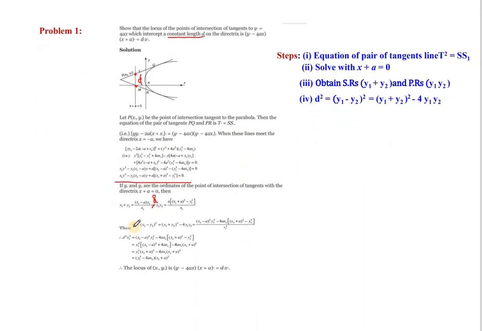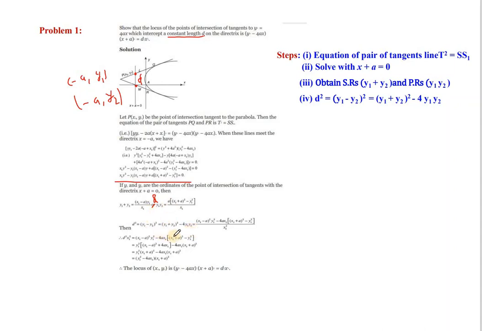We want to know only d square, which is y1 minus y2, the whole square. See, it's a point on the directrix, so the coordinates will be minus a comma y1, and the other one to be minus a comma y2. So your x coordinate will remain the same. So when you find the distance, naturally the difference between these two, the square of it, will only be our d square. So this is what we have. Already we have got y1 plus y2 and y1 y2. So rewrite y1 minus y2 the whole square in terms of these two. So this is what we have.